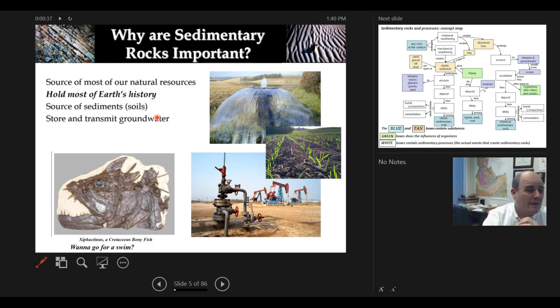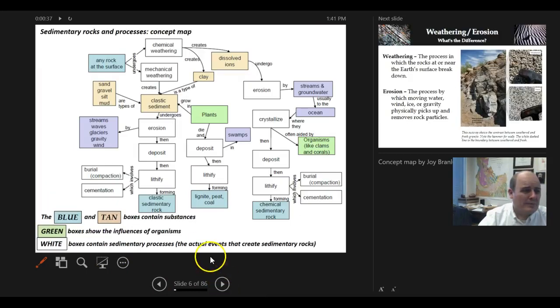They also can help us to understand Earth's history, so we can understand what the fossils were in the past, like dinosaurs and other organisms that lived here in our past, so we can understand that history in the future as well. So they're all really important aspects and things that we need to understand a little bit better. So this is one of my famous